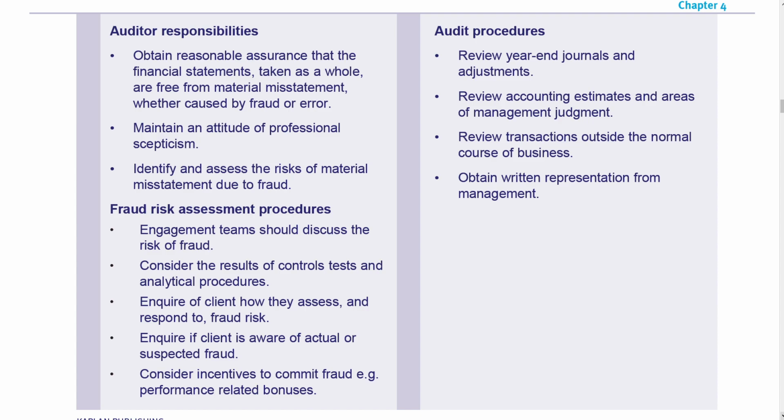Number 3, identify and assess the risk of material misstatement due to fraud. Yes, what could be the risk of material misstatement if there's a fraud? You have to identify that as well as assess. Coming to the fraud risk assessment procedure. These are the 5 assessments that you need to do. Engagement team should discuss the risk of fraud. Remember, most of these things you can take as your answer in your scenario, but you need to